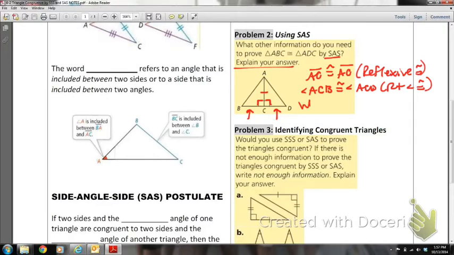So we need side BC to be congruent to side CD. That's the other piece of information that we need to have from that diagram,